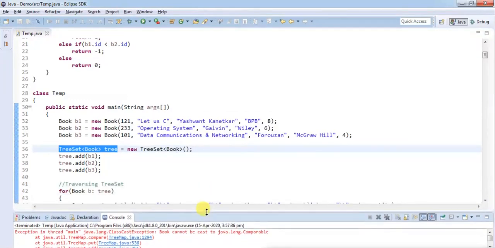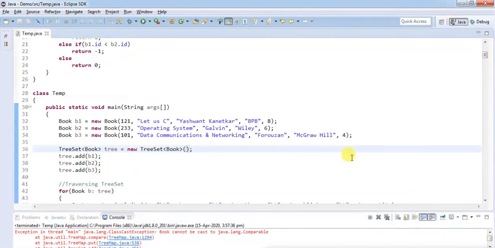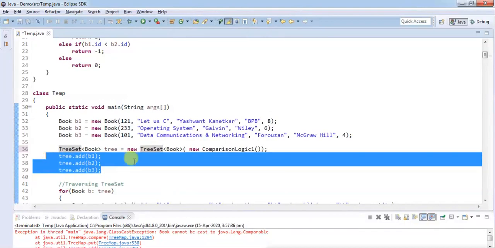So in the constructor, now I'm using the third constructor where I provide the comparison logic object: new ComparisonLogic1. I provide its object. The TreeSet uses a parameterized constructor where I am providing the object of that class which contains the comparison logic based on which you can sort these elements. So let's see this.